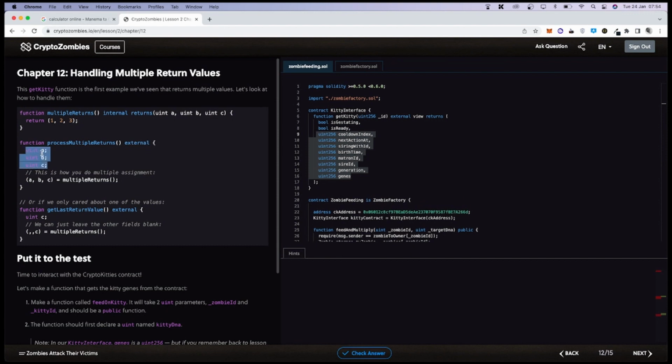And what do we have here? What we have here is called multiple assignment. Now you can see that A, B, and C are being assigned the values that are returned after the multiple returns function is called here. And remember that the multiple returns function returns 3 values,